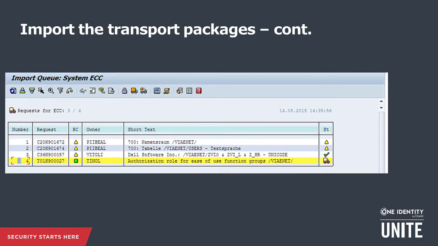As you can see, the 4 packages provided by OneIdentity Manager are sub-repository. The sub-repository creates the VIA eNet namespace in the SAP system repository. The subtable defines the table structure for VIA eNet users and the SAP system dictionary. The sub-transport contains the functions defined in the namespace. There's a Unicode and a non-Unicode version of the transport. Select the transport package that suits your SAP system.